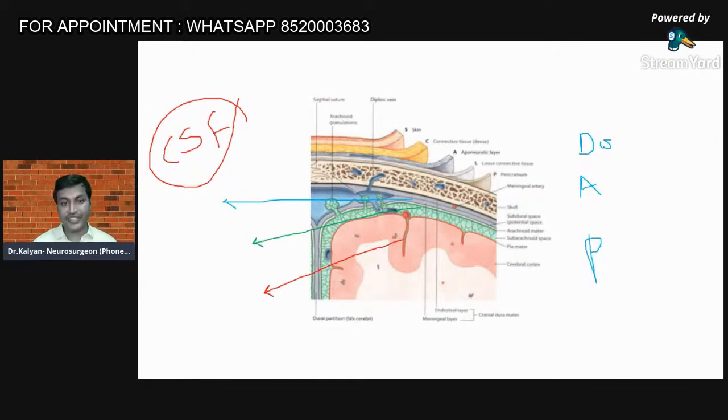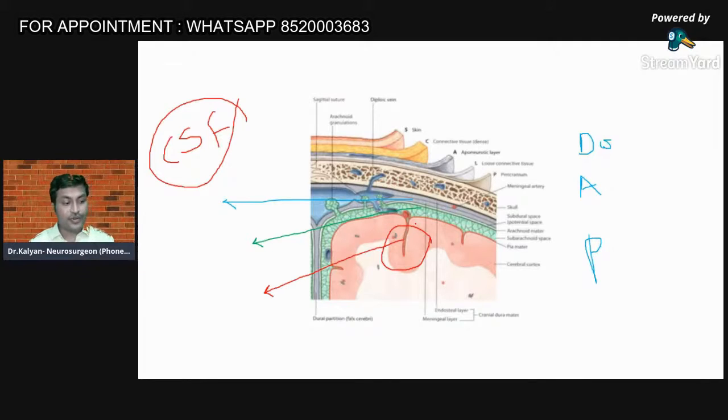Second important question which I want to ask. This is our sulci. So which membrane dips into the sulci? Dr. Fatima has said subdural space. No. CSF lies in the subarachnoid space. It lies between the arachnoid mater and the pia mater. Am I clear? Dr. Fatima, if I'm clear, just answer yes. So it's not the subdural membrane, it's the arachnoid membrane.